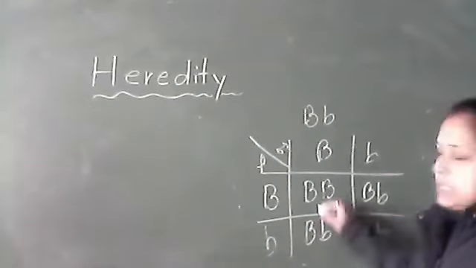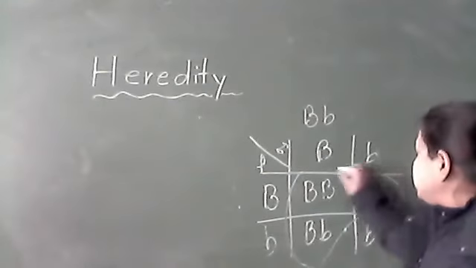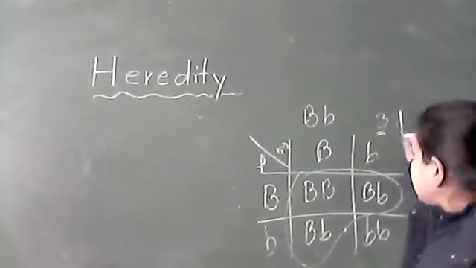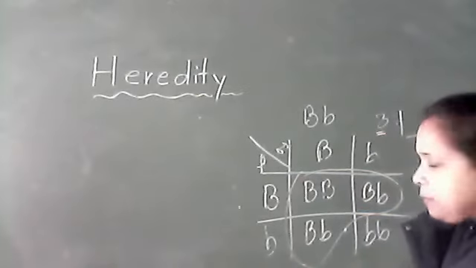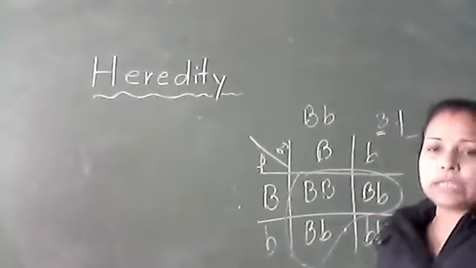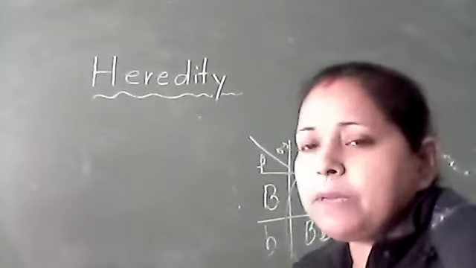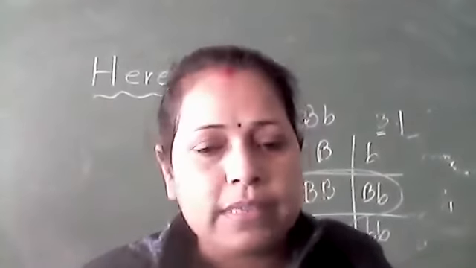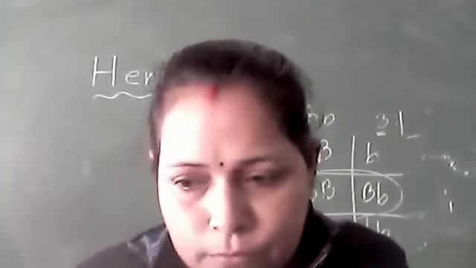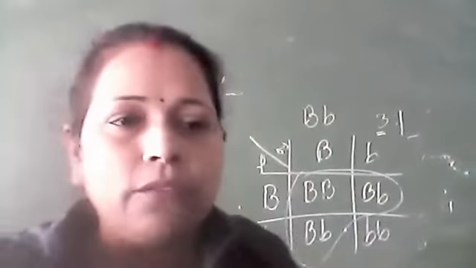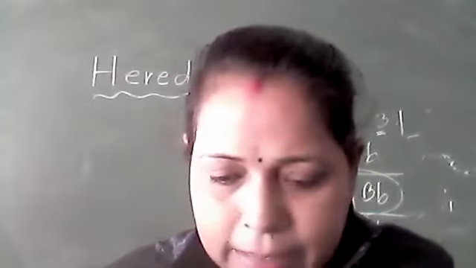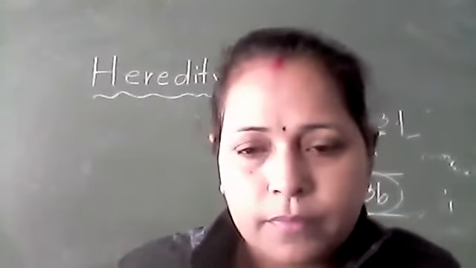So what we have noticed is that the black color is the dominant one. And the phenotypic ratio is 3:1, meaning 3 black and 1 brown. But when we talk about the genotypic ratio, जब genotypic ratio की बात करेंगे, what will be the genotypic ratio? Yes, 1:2:1. Very good. Yes, I think now it is clear to you all. क्या ये clear है? Yes, ma'am.